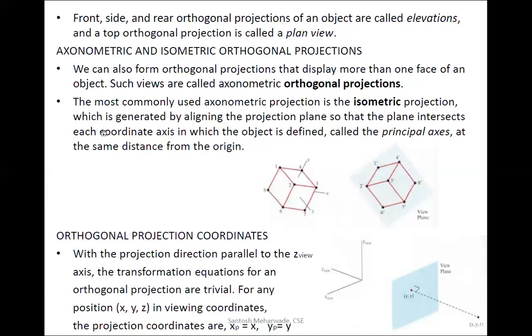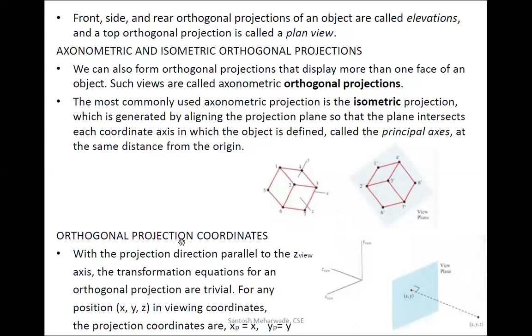So this is the coordinate axis in which the object is defined, and all the axes we can see are the principal axes. Whether you are near to the object or far from the object, its image is always the same.